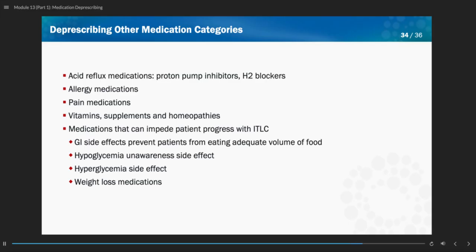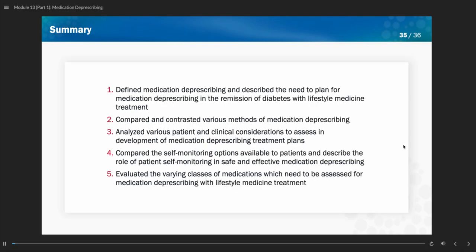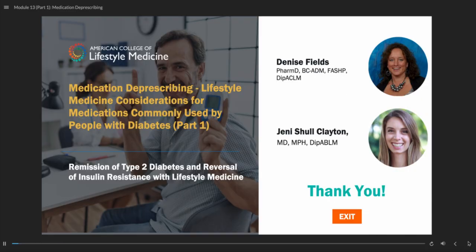So this is really just a good stopping point for us in today's module. We're going to pick up with this part of the program as we begin Module 2. In summary today, we have defined medication deprescribing. We'd like to thank